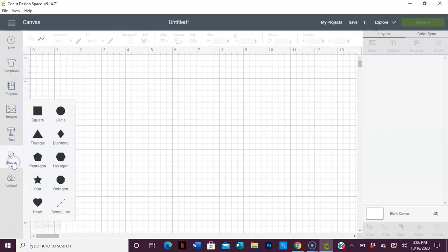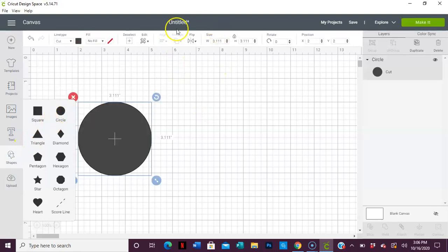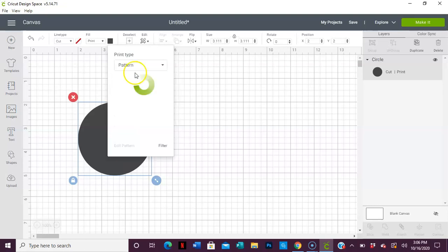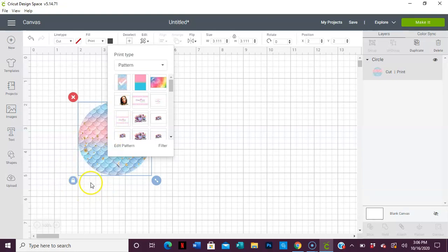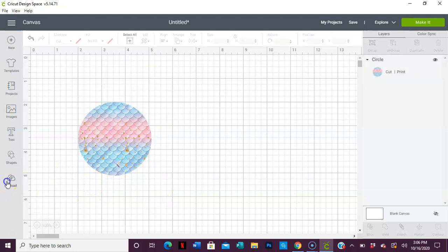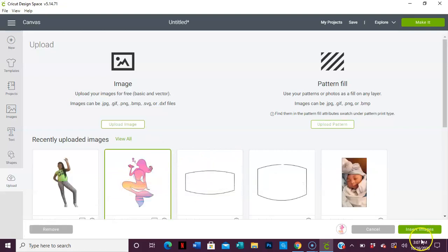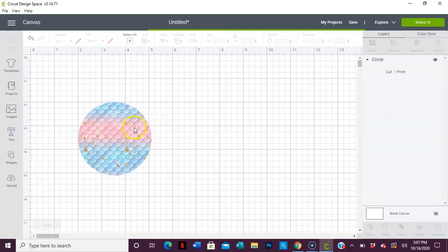So first what you're going to do is go to Shapes. I'm going to get a circle, and then I'm going to go to Fill, Print, go down to Pattern, and put my pattern that I want inside the circle. Then I'm going to go to Upload, and I'm going to get my mermaid, insert it,